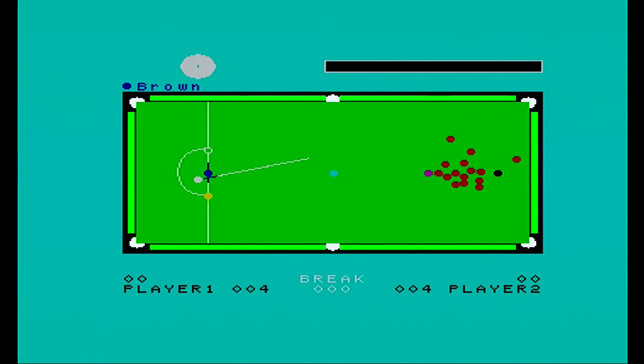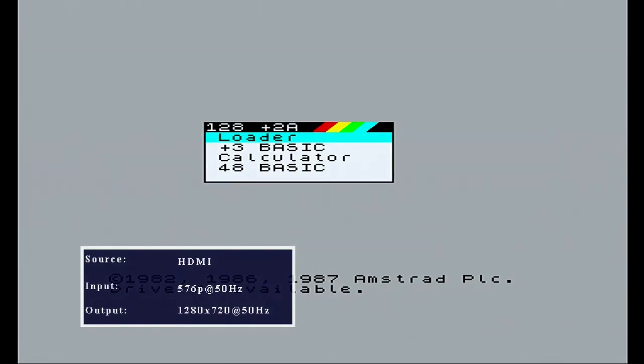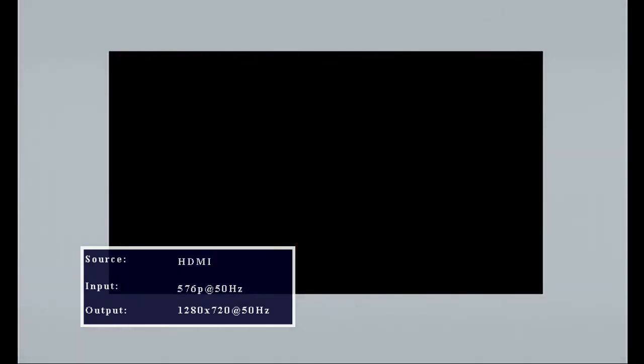There's 1 point for a red, and there's 7 points for a black, and then there's 2, 3, 4, 5, 6 and 7, pink being 6 and whatever else. There's a lot of tactics involved in it. You know, if you can't make the shot, you've got to make sure that the other person can't make their shot, and this, that, and the other. And there's points for shots and all this kind of stuff. It's snooker. Not a big fan of snooker, but you know,